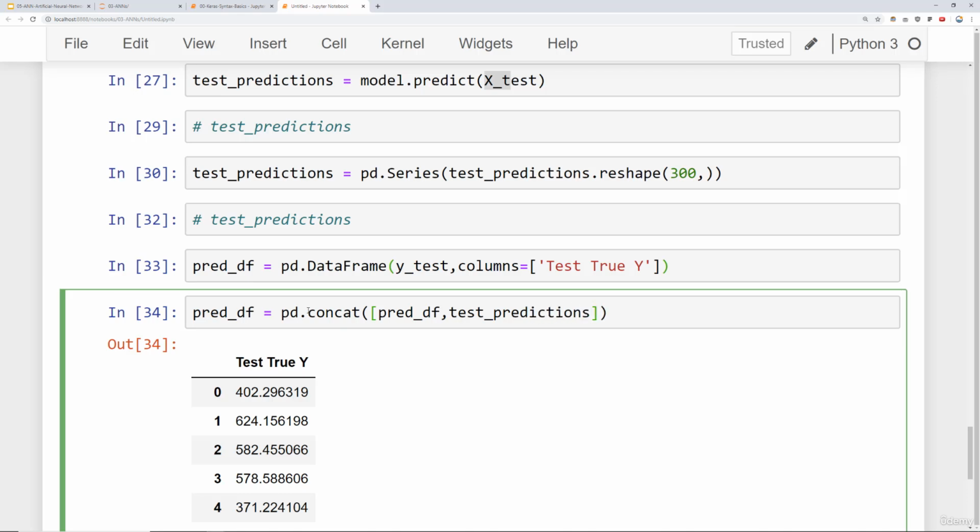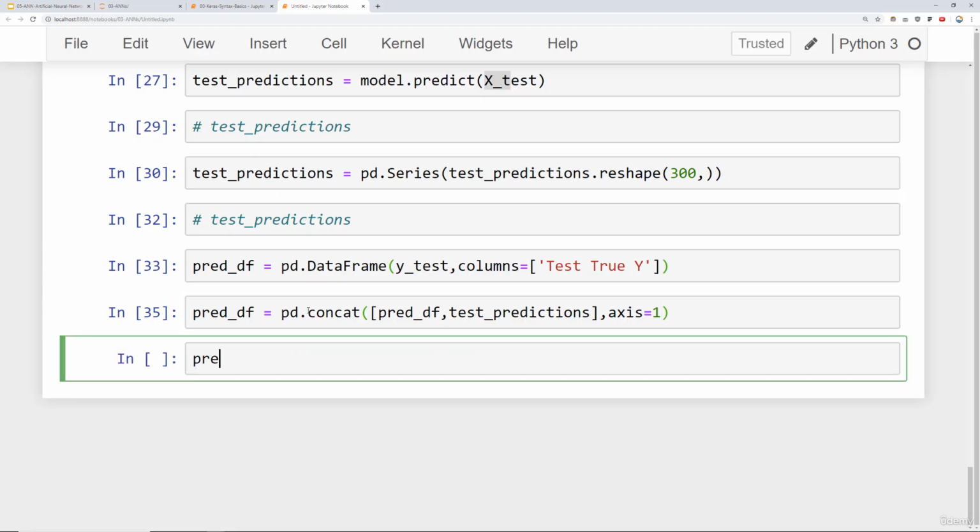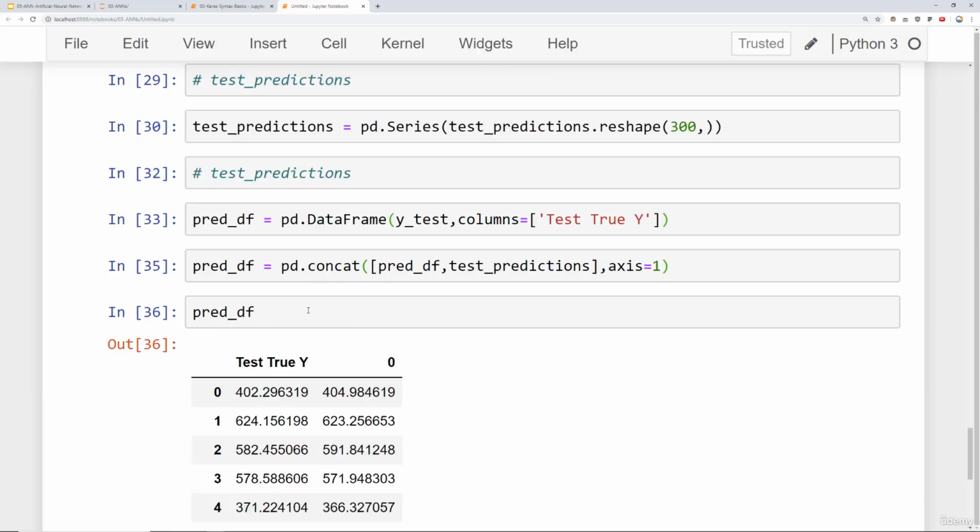And I know there's a lot of code here, as well as a lot of braces, brackets, and parentheses. So if you get an error somewhere, go ahead and check out our notebook and just run that directly. And here what I'm going to do is also make sure that I'm joining these along axis equal to 1, so along the columns. After running that, you should be able to see your prediction data frame, which is essentially